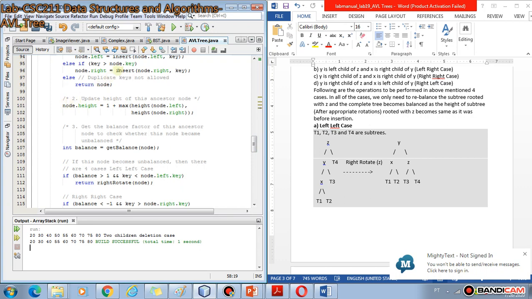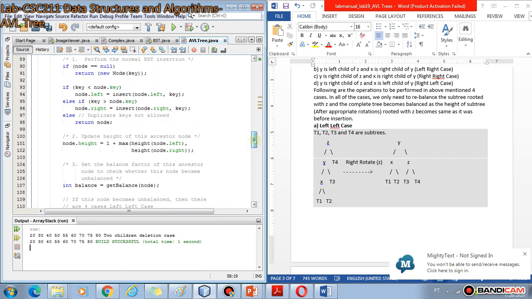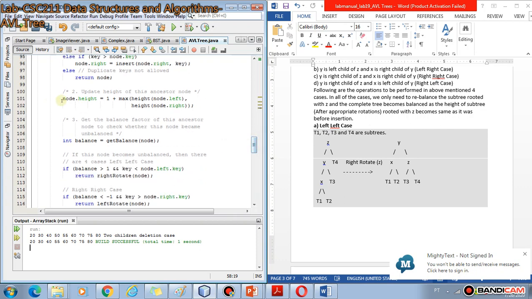Once the new node has been inserted, the method will return to this recursive call of insert, and node would be pointing to the parent of the newly inserted node.